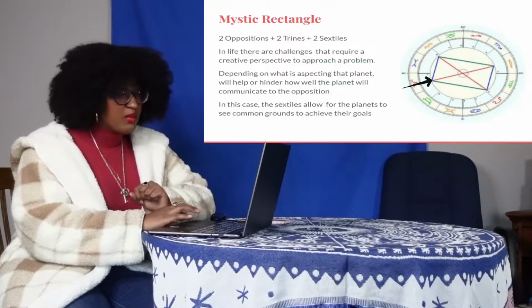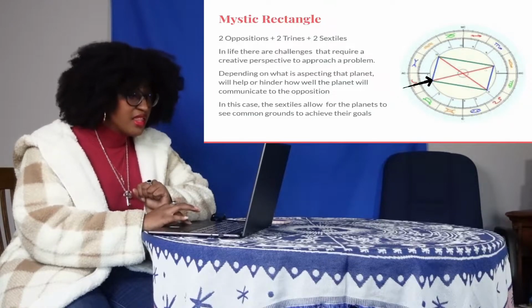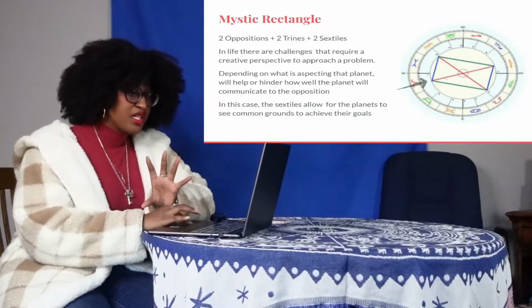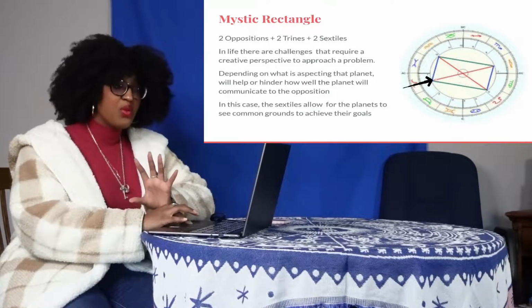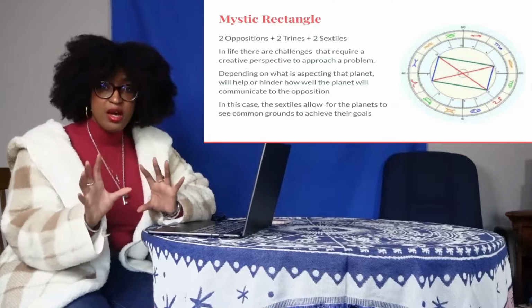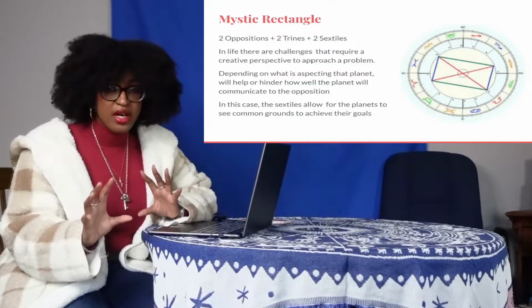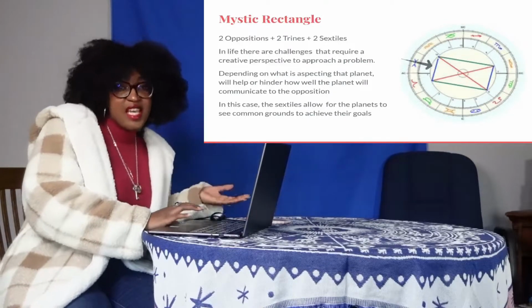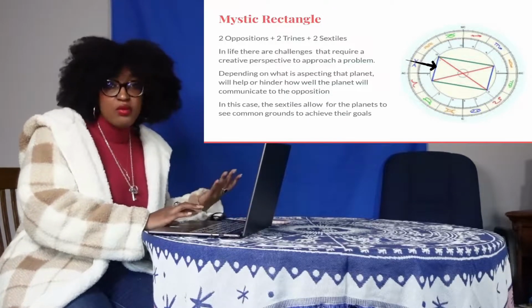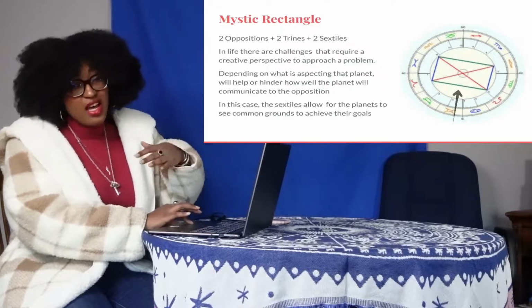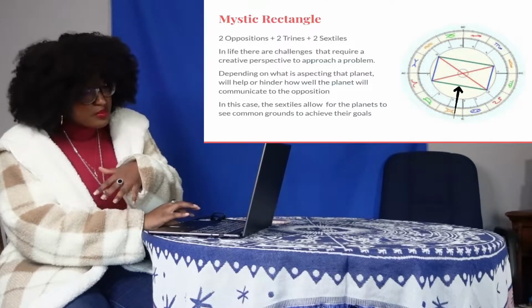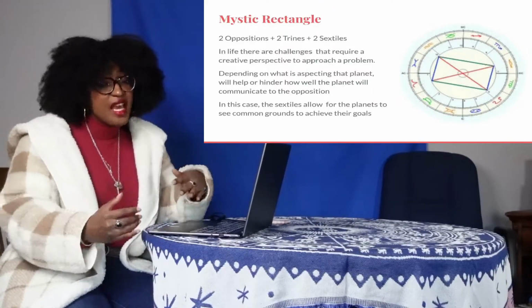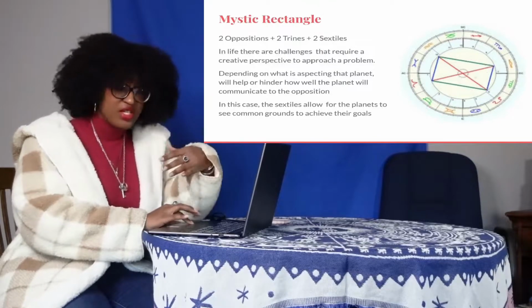So think about it, this planet right here is communicating to this planet, and that planet. So that's three different aspects. And this planet is trying to accommodate this planet over here because it's in opposition. So they're just like, we share a goal in mind, but I'm struggling to get to that goal because I have this talent right here, this sextile that I've worked to use, but also I have this other talent over here that's a trine that I really didn't put energy into growing, but it's still a talent, and I think I'm able to help adjust over here.